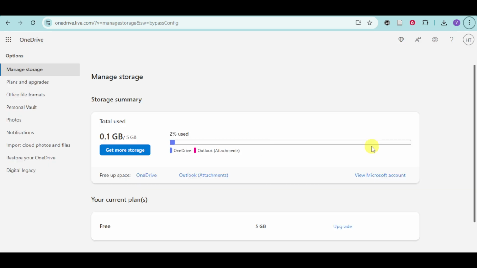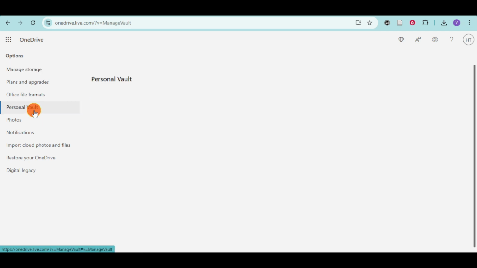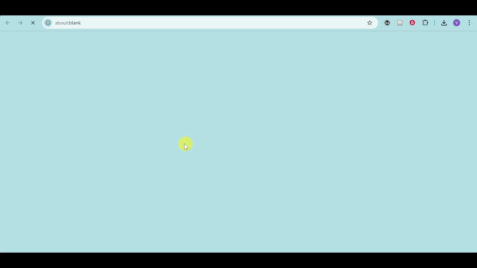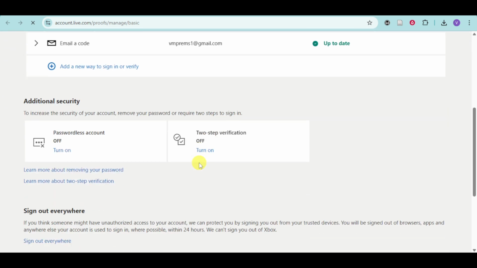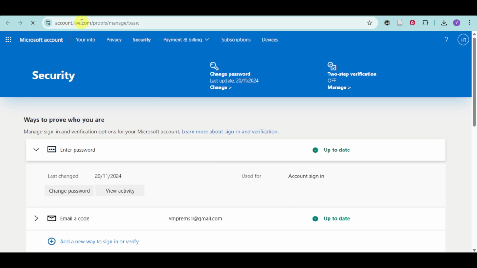Now, once you're in here, the next thing you need to do is head over under these options, and you should be able to find the Personal Vault. Click on this, and you can see this right here. Click on Manage. Then after that, you can manage some basic security options for Personal Vault right there. So if you want to turn this on, you can head over and manage it from here,